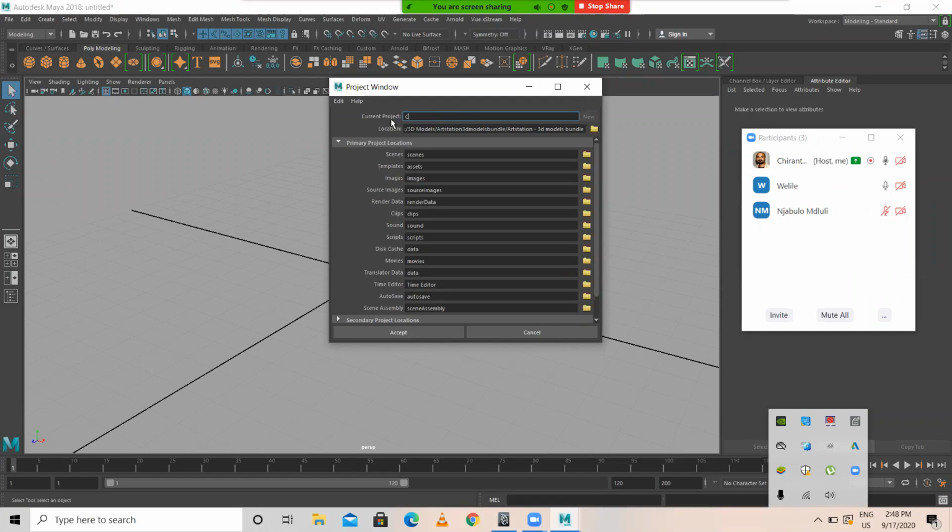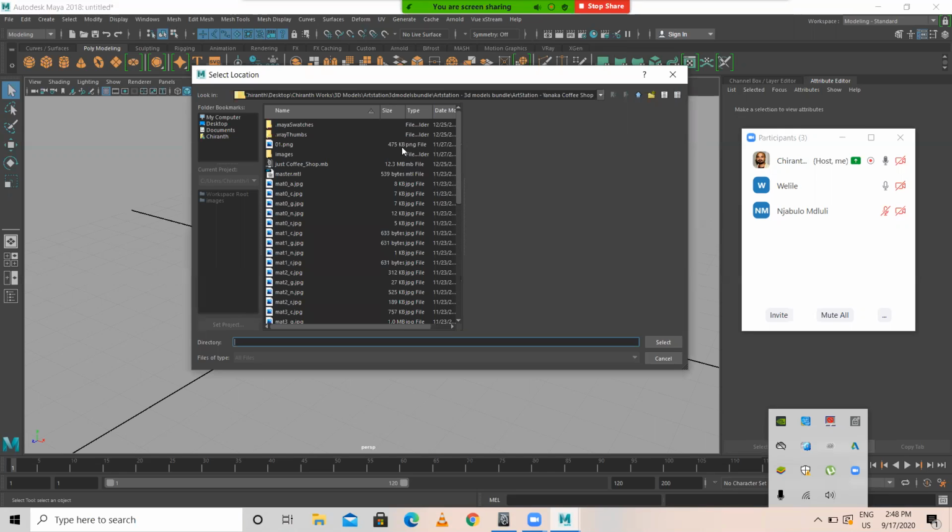Today we are going to create a chessboard. Pawns and all we will create. So that's why my project name will be chessboard. Okay, so that's the project name. Location: where do you want to save? That location you need to choose.